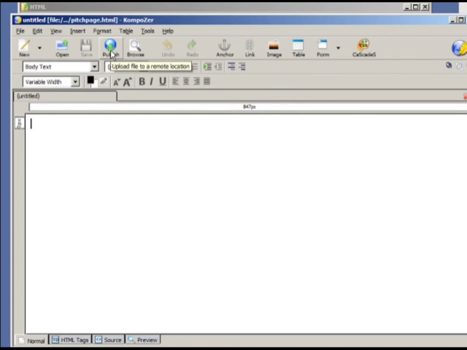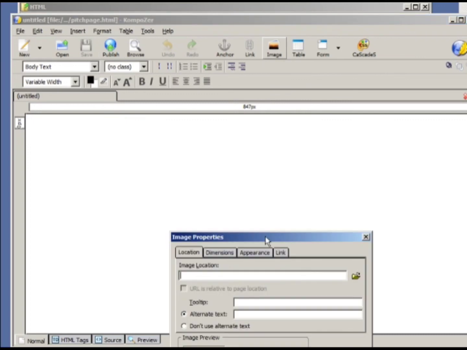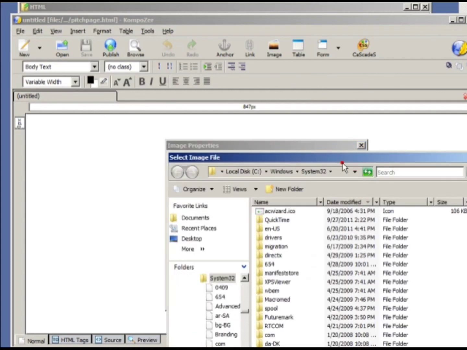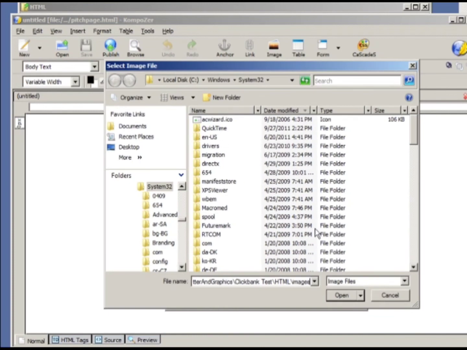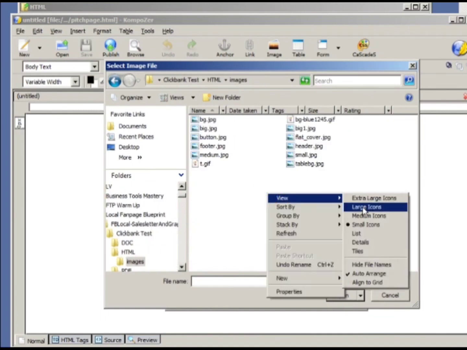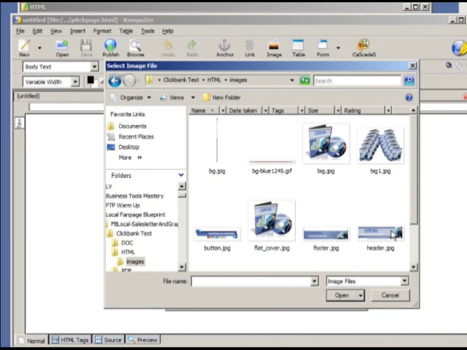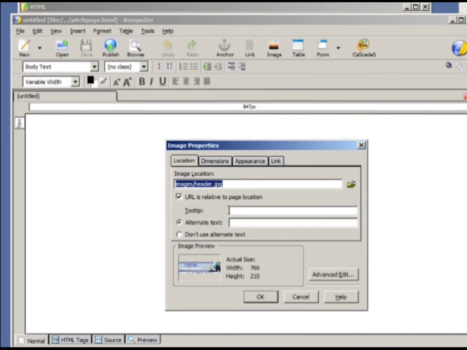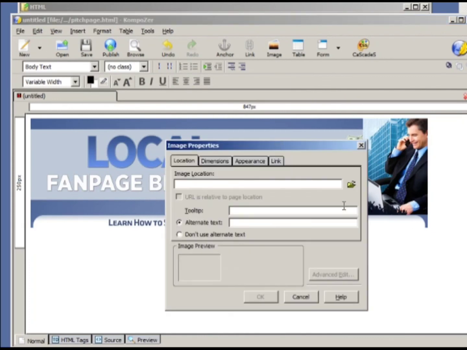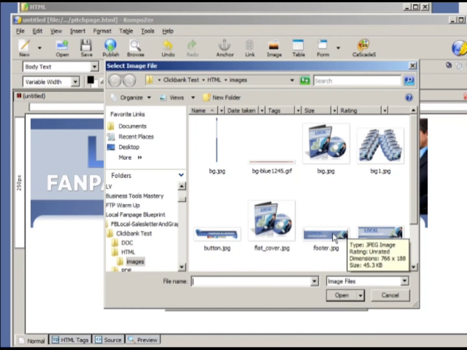And what we can do is insert images. If you click on image and you click on this and you find where your images are located, and this is where my images are located. I've got my header. Just going to put that up here, and got my footer,